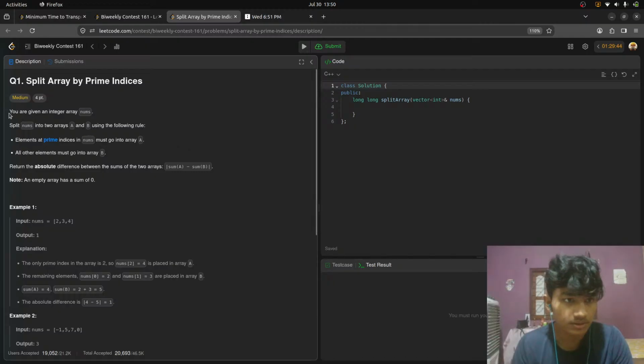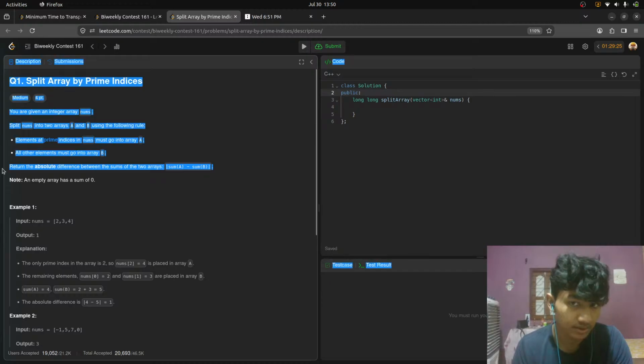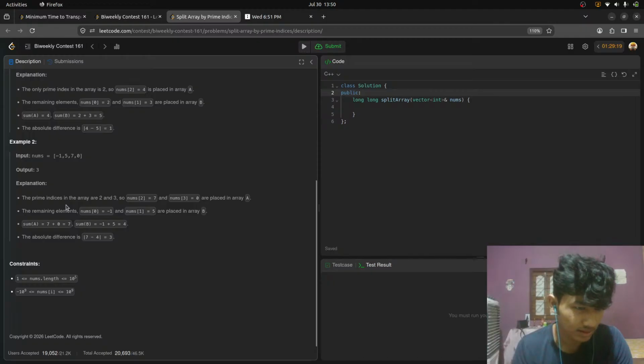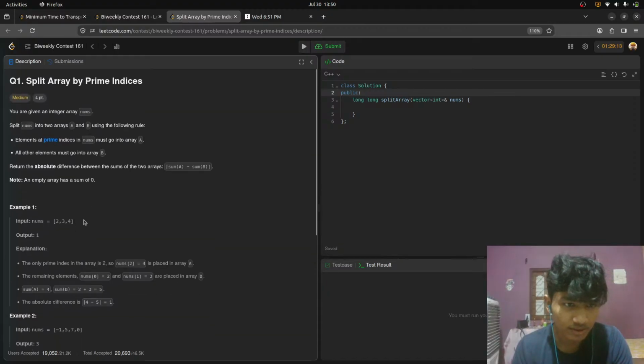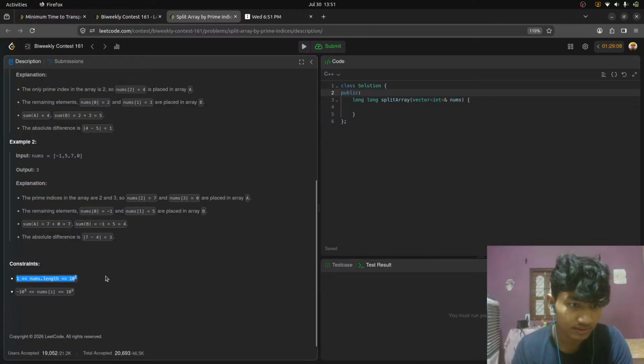Okay, so the first question is, you are given an integer array nums. I have to split array by prime indices. So split nums into two arrays A and B using the following rules. Elements at prime indices must go to array A, other elements must go to B. Return the absolute difference between the sums of the two arrays. This is way easier than I thought. Wait, nums[i] can be negative as well. Okay, prime indices. If you look at the indexes, you can see that